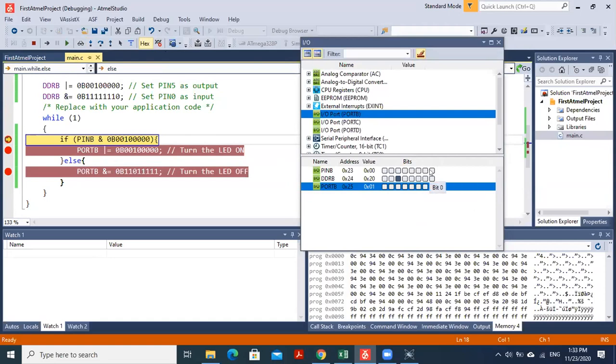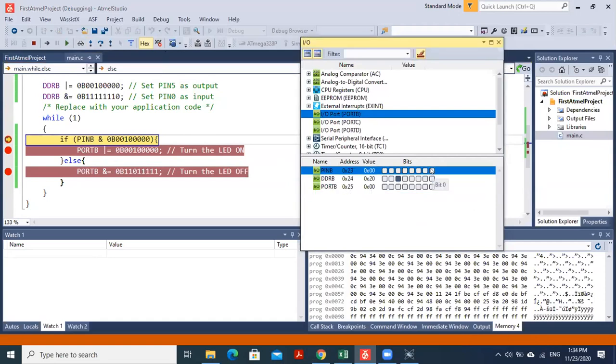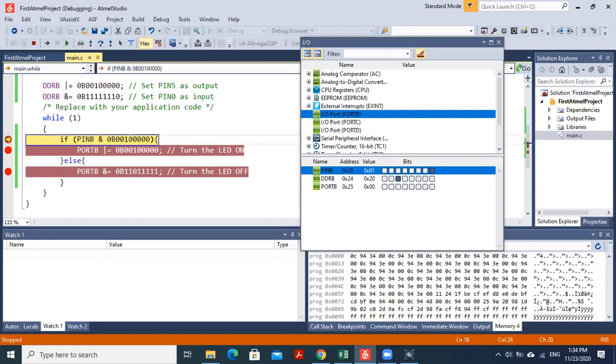Oh no, I have to change this one, not port value, sorry, pin value, input value. Now this value is set to 1, and I have to see now, okay, this one is 1. I'm ANDing it with 0B00. Sorry. Yeah, now I have made a mistake. You can see here, I'm ANDing with this one, so I'm not going to check this one. I have to check this one.